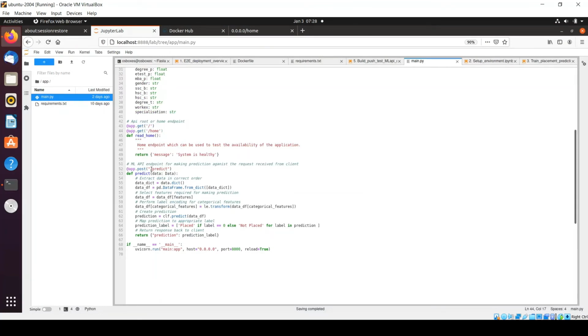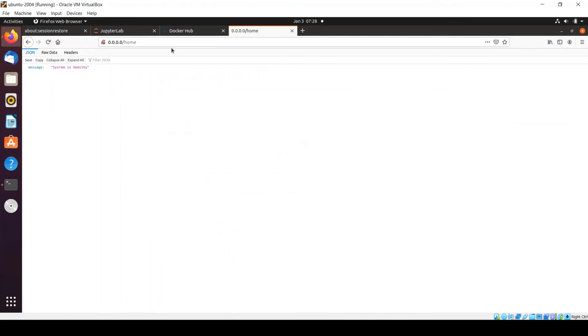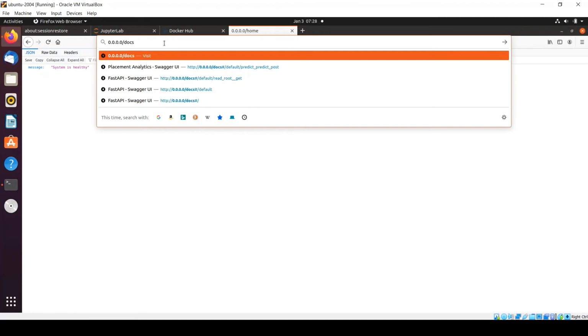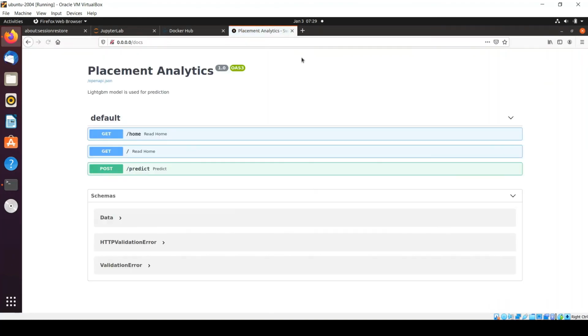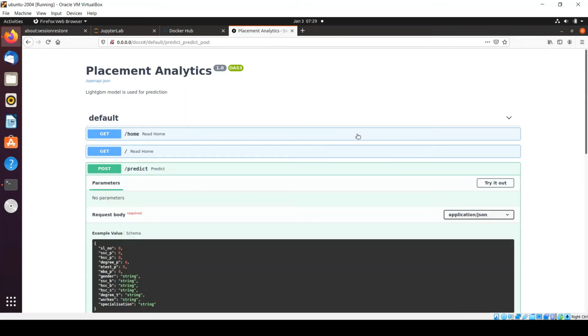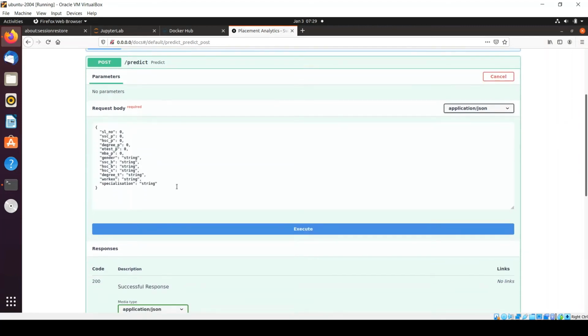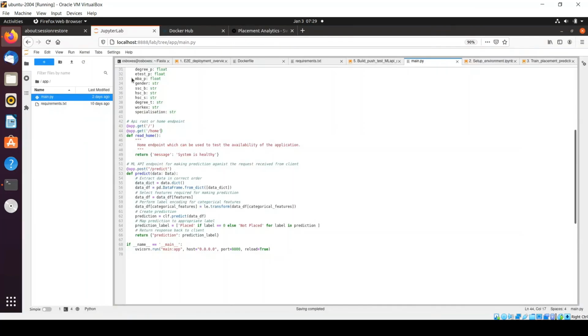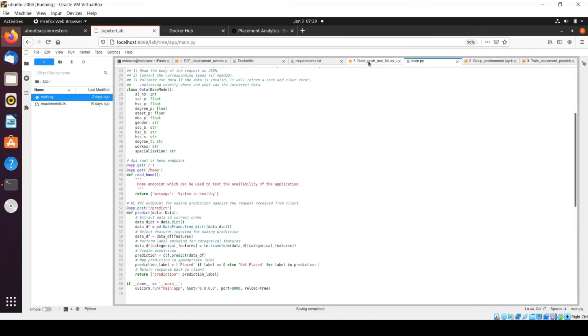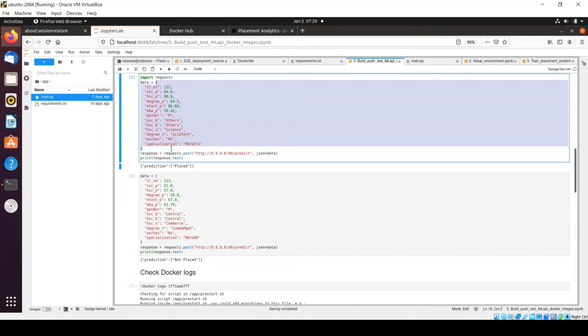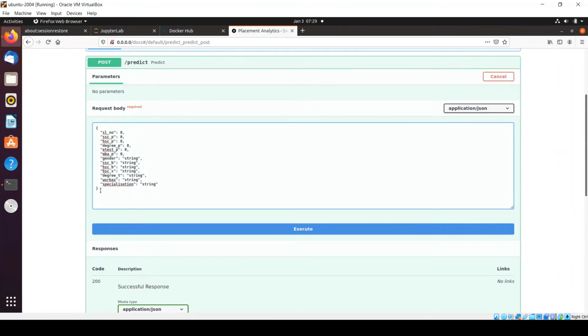And for predict, the endpoint is this, and in order to access that endpoint, we need to access the Swagger API, and for Swagger API, just mention /docs. Press enter. It will give me the Swagger UI, and within Swagger UI, you have this option for sending requests to the machine learning API. For that, you can provide input data here. Just click on try it out, and here provide the input data. For that, I will simply copy one message from here, just copy it, and we'll paste it here.